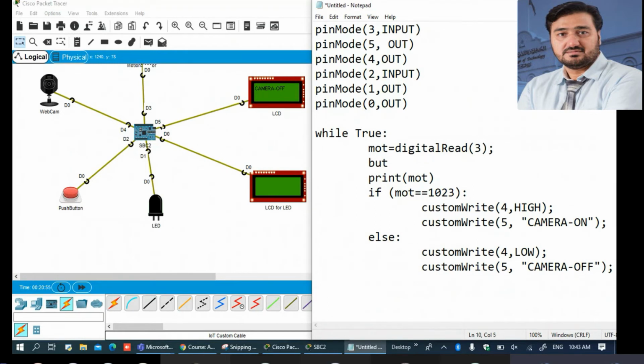If the button is equal to digital write. The button is connected with port number 2.